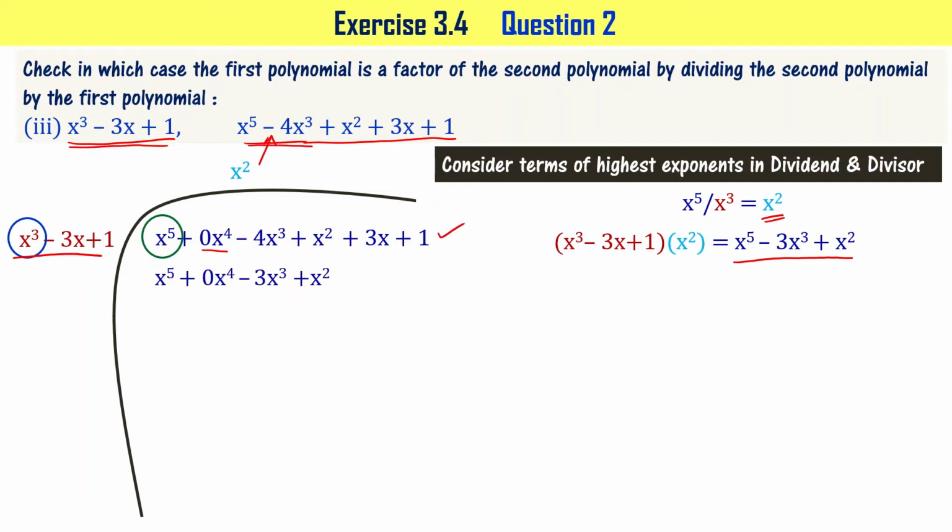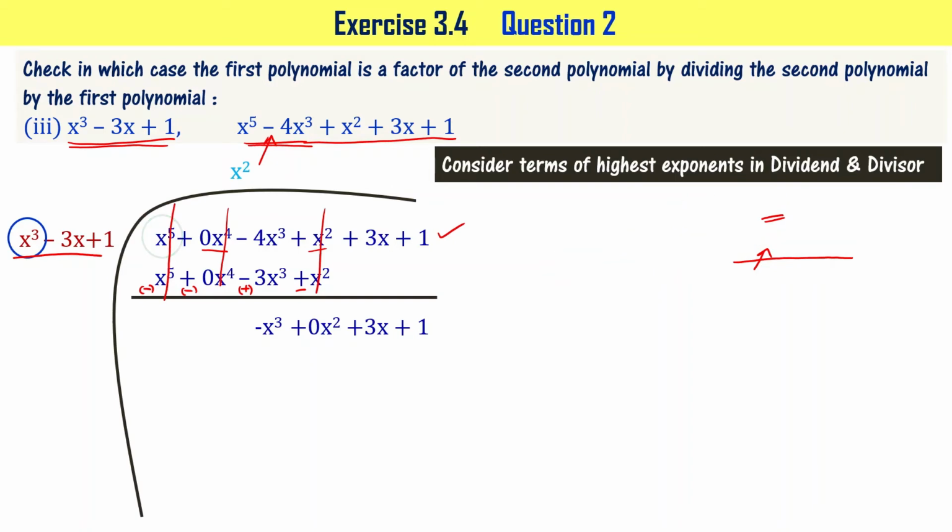When you subtract, since x power 4 term is missing here, I have written 0 x power 4. And to subtract, first we have to change signs, right, of the terms contained in the expression below. Now you add x power 5 plus minus x power 5 getting cancelled. 0 x power 4, 0 x power 4 anyway is not there. Minus 4x cube plus 3x cube, it is going to be minus x cube. And this is plus x square minus x square, it is going to get cancelled, right? Now let me write minus x cube plus 0x square. Bring down plus 3x plus 1 also, right?